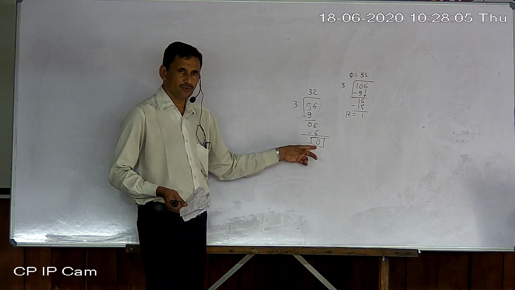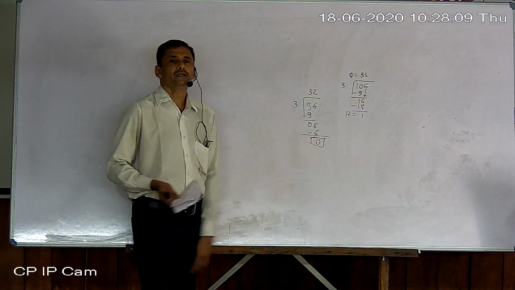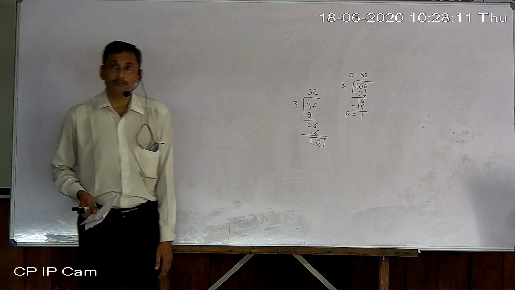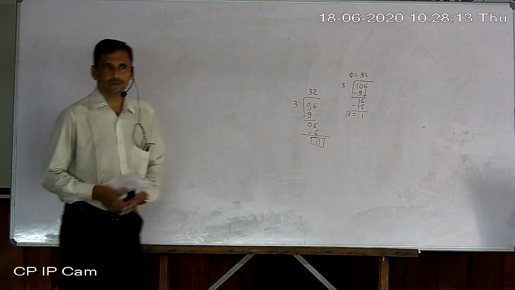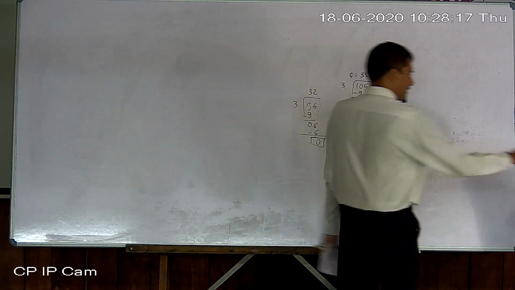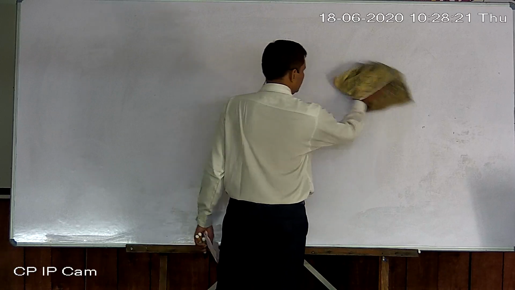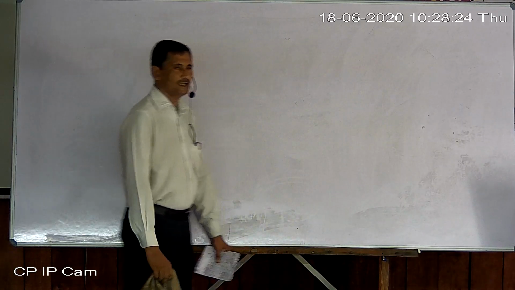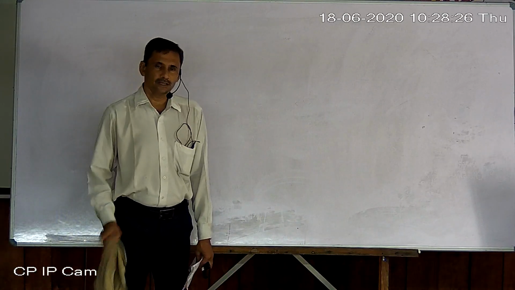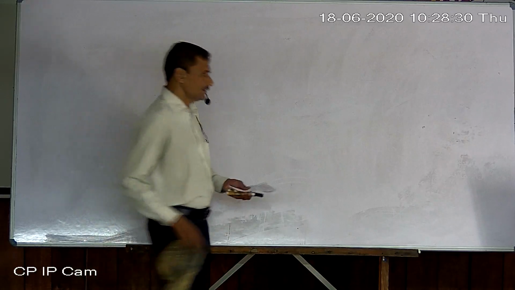Divisor is a factor of dividend. If the remainder is non-zero, then that divisor is not a factor of the dividend. Okay, so keep in mind, sometimes students get confused about which polynomial is divided by which one. There are two given, suppose A and B polynomials are given, then is A divided by B or B divided by A? Just understand,